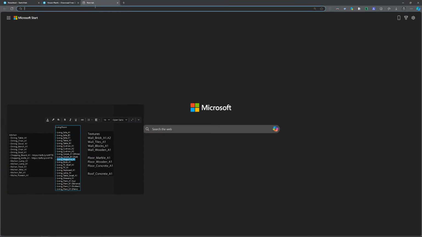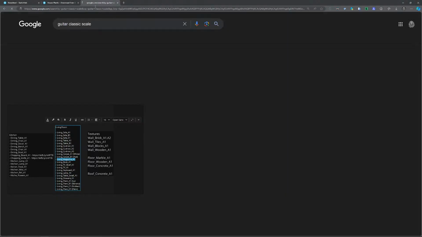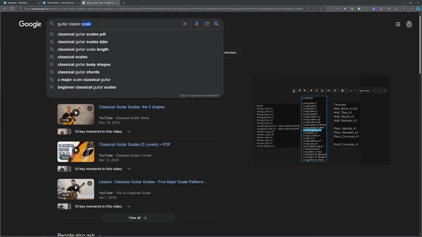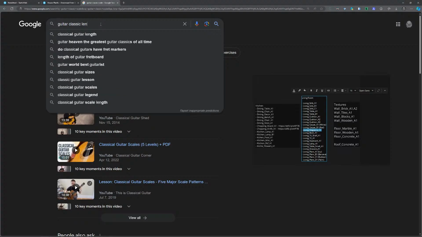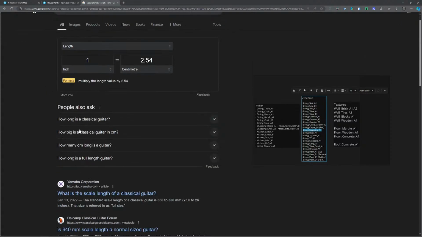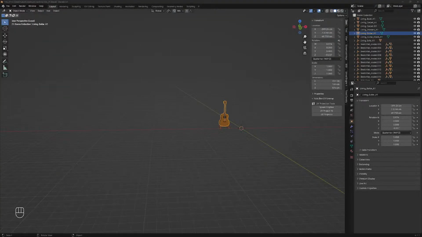So we can search guitar classic scale, not scale like this, length in centimeters. So it is 65 to 66 centimeter. Okay, which is good. So what we can do,